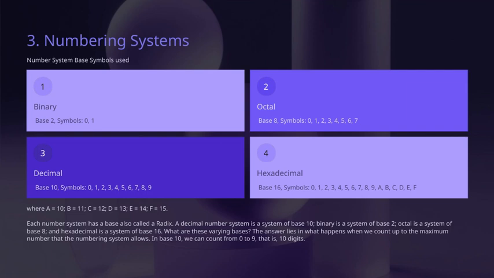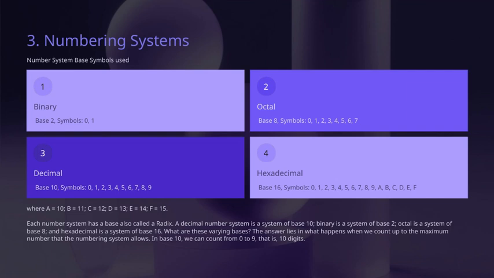We also have octal, which is base 8, using symbols 0 to 7. Now you might wonder, why do these different bases exist? Well, it all comes down to what happens when we reach the maximum number a system allows before rolling over. For example, in decimal, when we count up to 9, the next number is 10. In binary, after 1, the next is 10. In octal, after 7, it's 10. And in hexadecimal, after F, it's 10 again. Each system has its own base or radix, and understanding how they work helps us see how numbers are represented in different